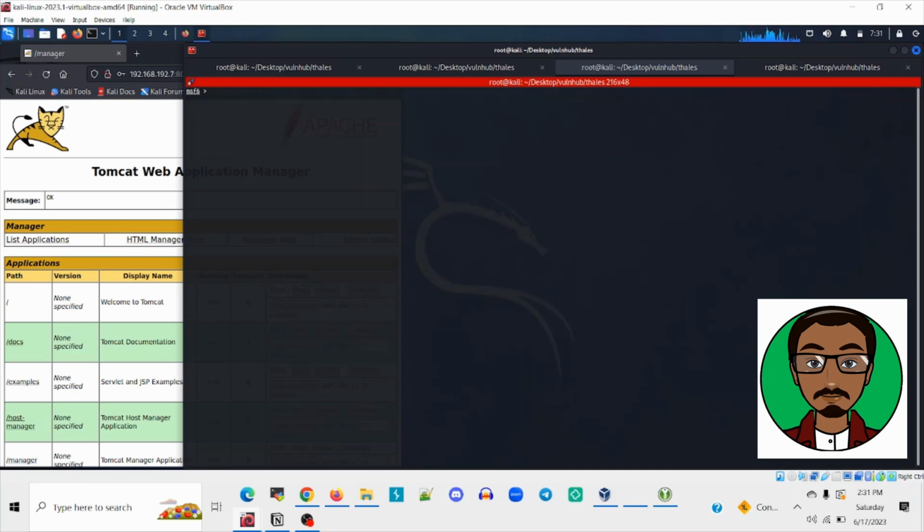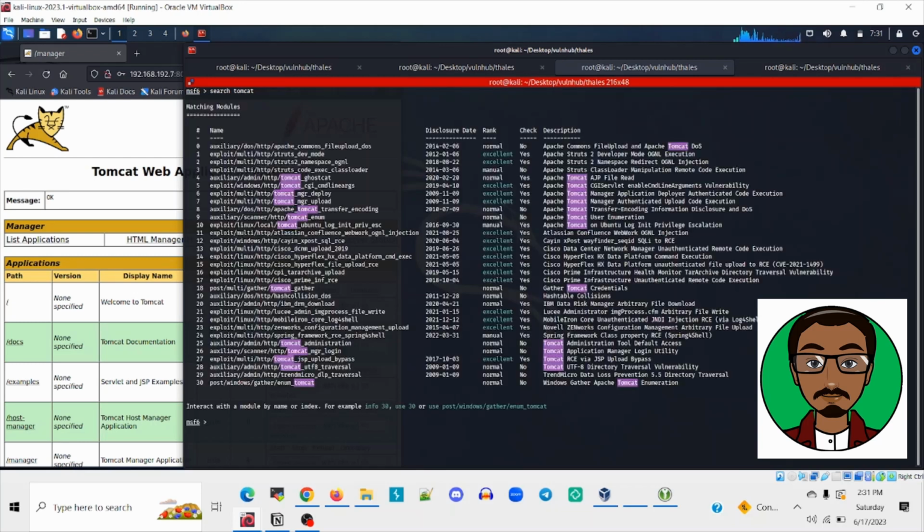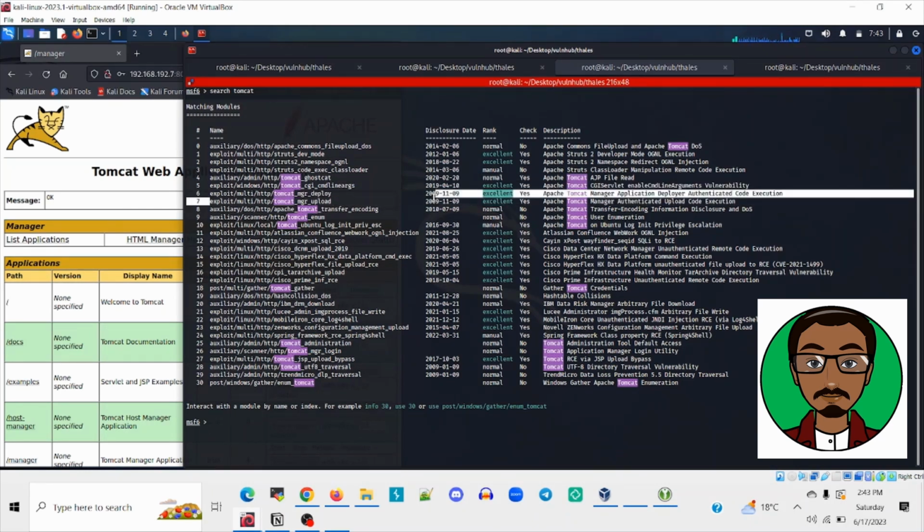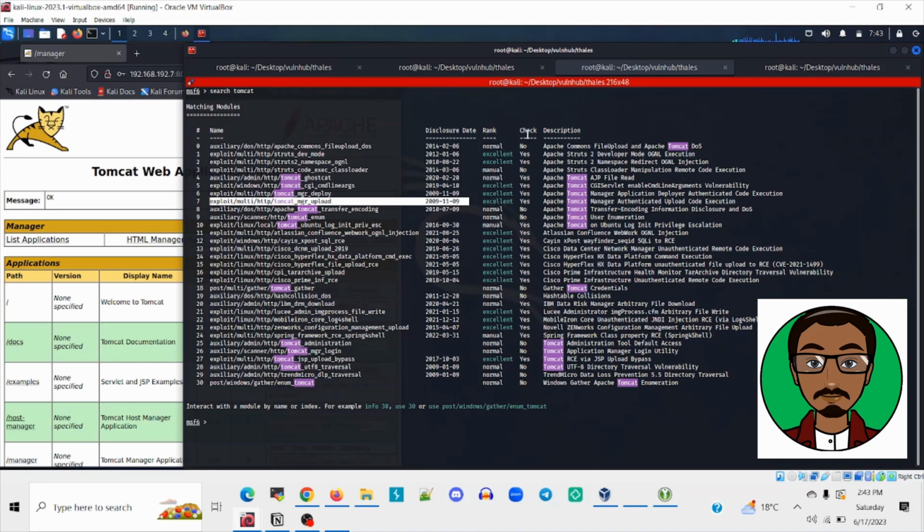So the next step will be to look for an exploit rather, which is going to help us exploit the web application, and that can be done by typing search tomcat once again. And we can see on number 7, that's the exploit that we are looking for here, that it's excellent. It's an Apache Tomcat Manager authenticated upload code execution. That's what we are looking for. So the next step will be to type in use 7, and then you press enter,